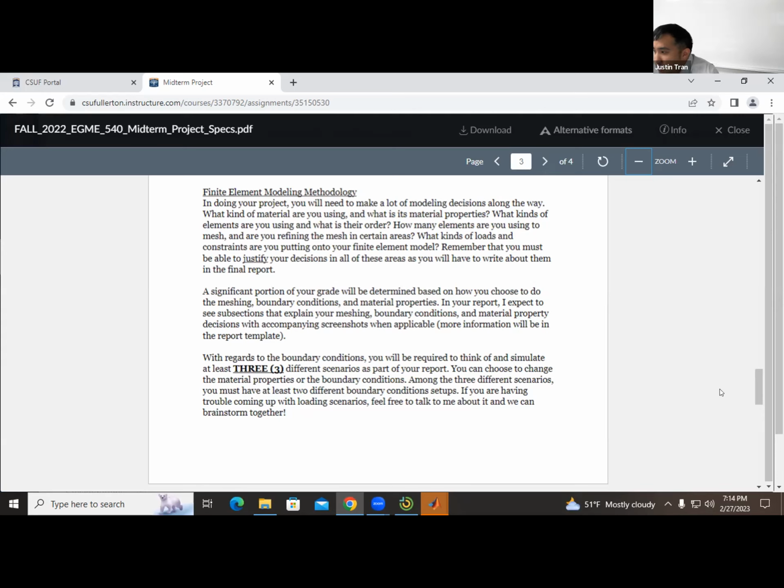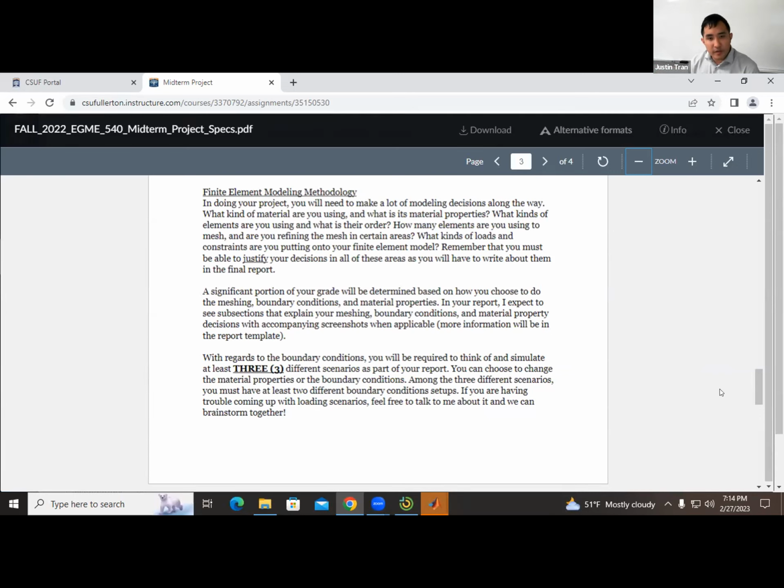So you have to make smart sacrifices given your budget or time, and concentrate most of your elements where you know the stress is going to be concentrated. Here you can say, I would love to refine the mesh more, but we have limitations with the software. That's okay too, but cost and practicality are definitely a consideration.